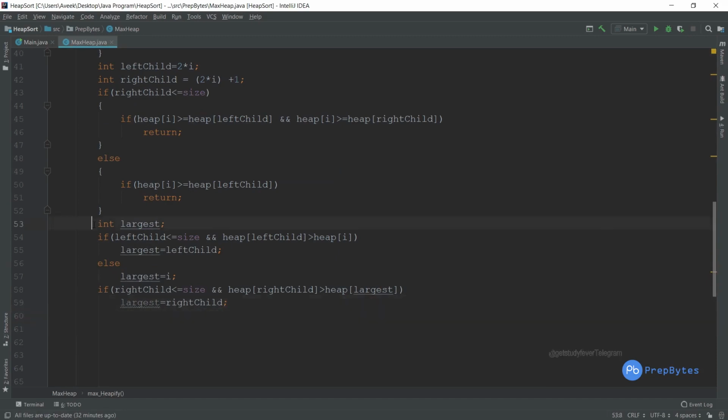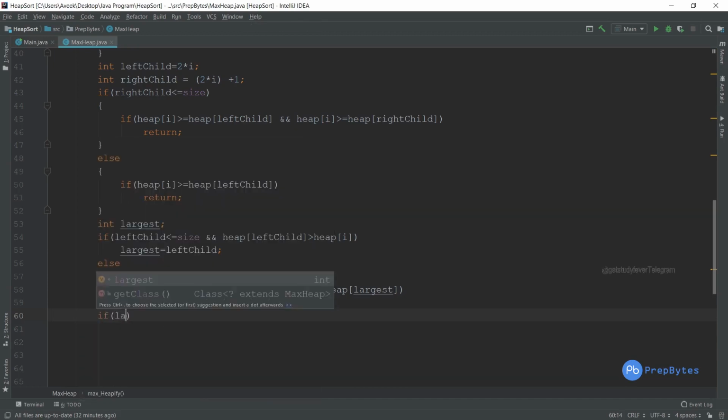So in these 4 to 5 lines, what we have done is we have started pointing largest to the largest value among the 3, either to the parent, the left child, or the right child. Now, if the largest is the left child or the right child, in this case we have to swap it with the parent. So if largest